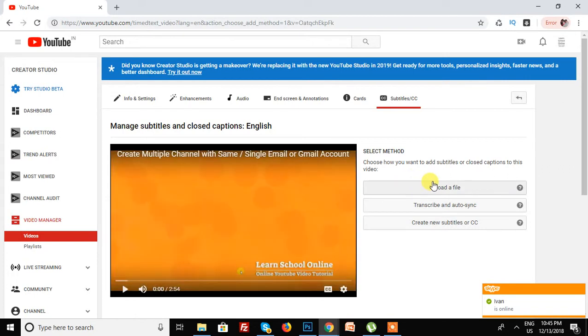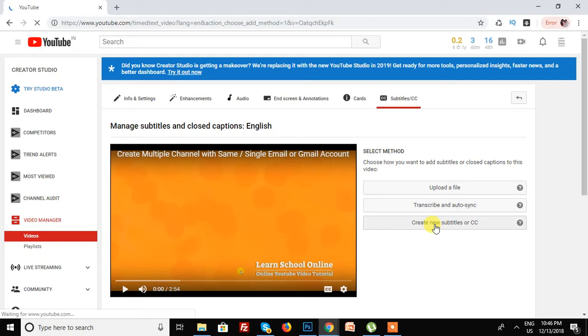See, there are three options for editing the subtitles in a YouTube video. The first one is upload a file. It means that you already typed your subtitles, and you only have to upload them, and all these subtitles are shown in your running YouTube video. Then there is auto synchronize, where YouTube automatically synchronizes your subtitles and creates new subtitles. With that option, YouTube creates your video's running subtitles.